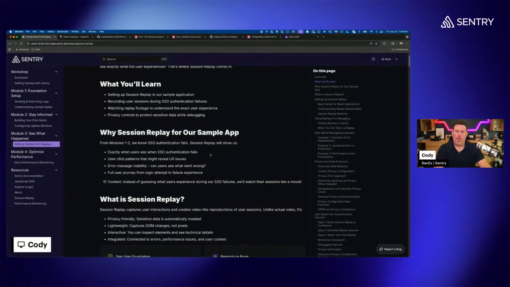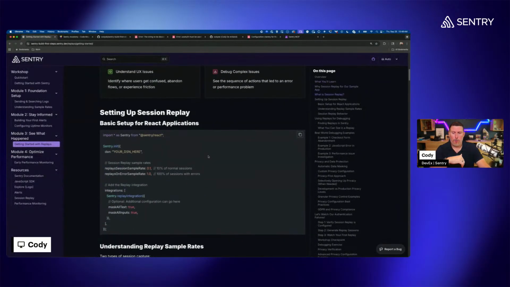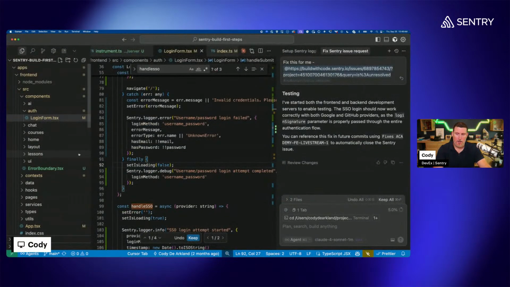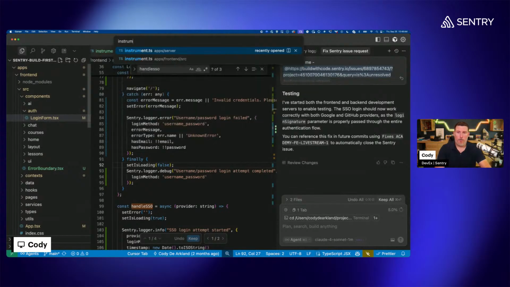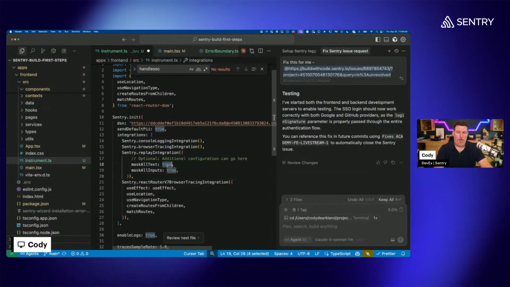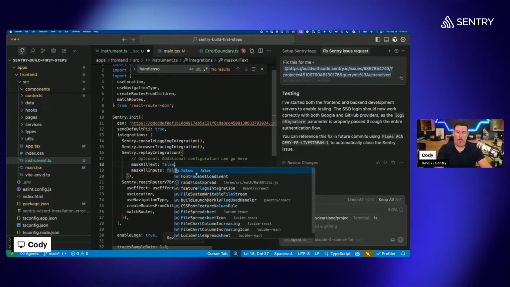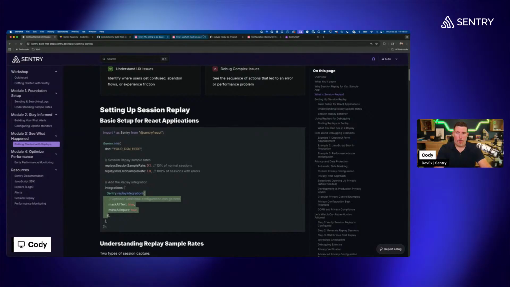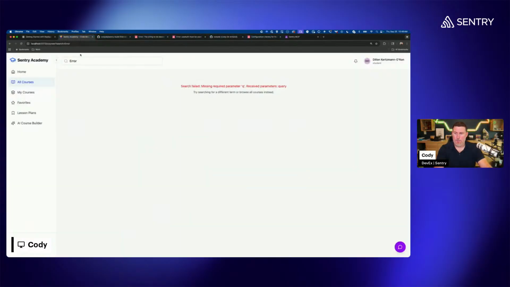In the guide, I give a bunch of examples on how to unpack this to show more, but I'm going to do the wholesale approach right now of just opening up all of it so you can see all of the data instead. So I'm going to come into instrument on the front end. I'm going to find that replay integration, and I'm going to drop this command in, but I'm going to say false on masking text and masking inputs. And now when I save this and I go in and I reload the application again,